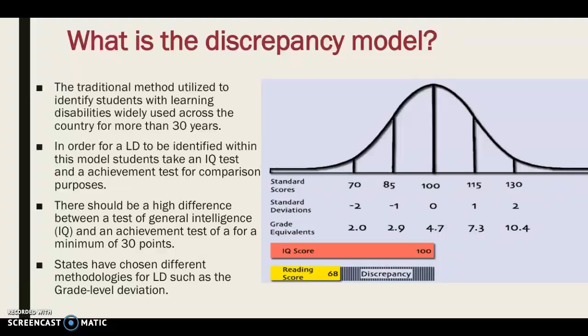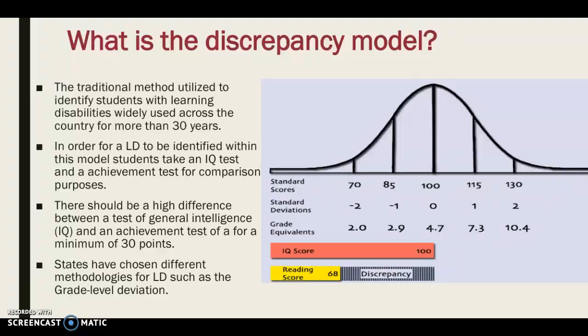If you take a look at the graph in this normal curve, you can see that the IQ score of 100 compared to the reading score of 68 will indicate that this particular student has a learning disability in that achievement area. So that will be the way that it will indicate if a student will benefit from learning through special education